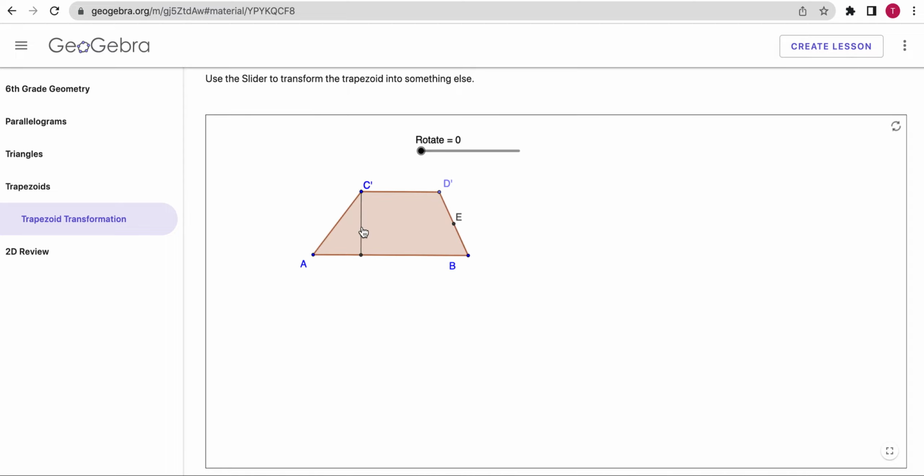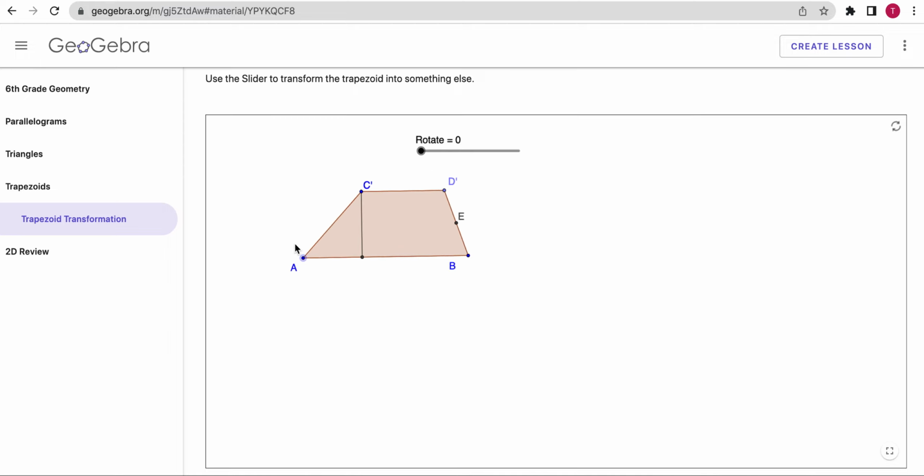This little line segment right here that goes from AB to the point C prime shows us that it doesn't matter how we move this trapezoid and form it into something else,